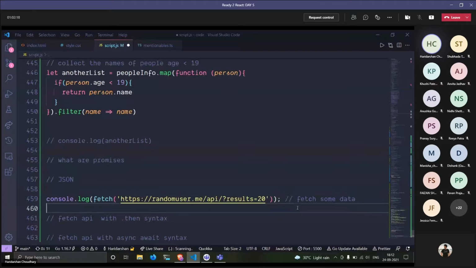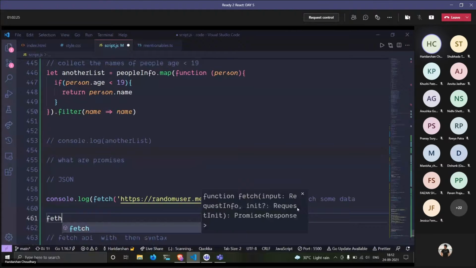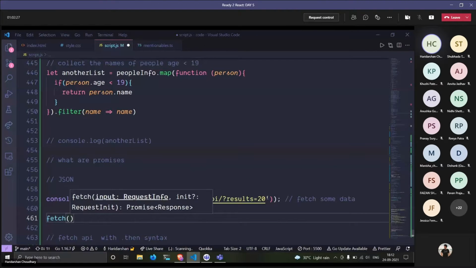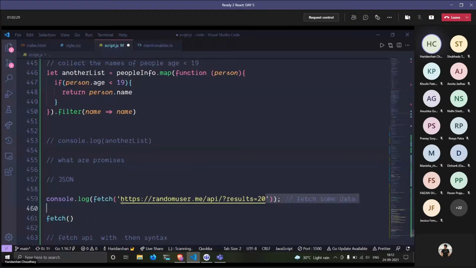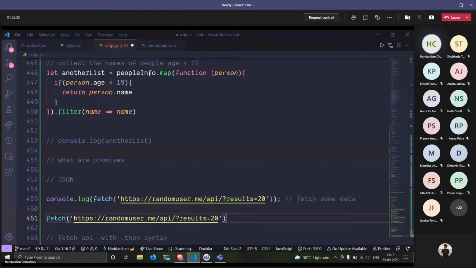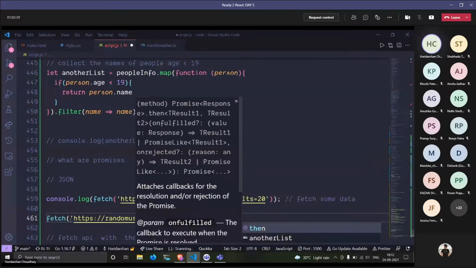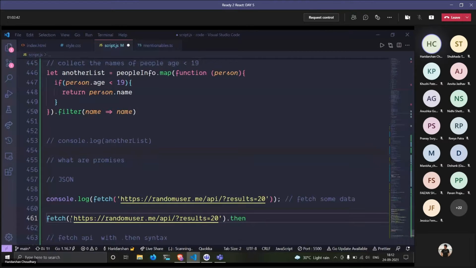For that we have one syntax: you fetch the resource you want to get the data from. Let's say I copy it over here. I'm going to fetch this resource, and whenever this is done, then